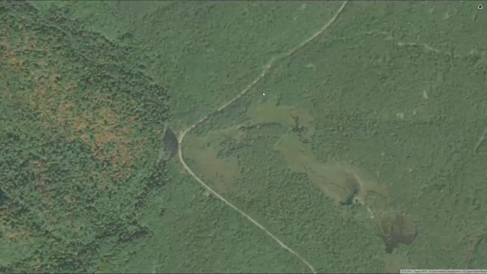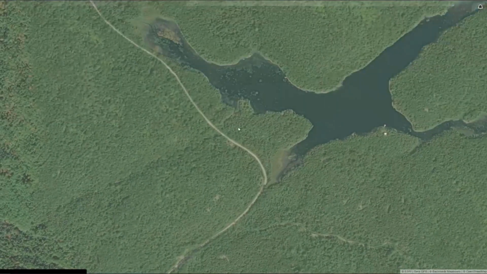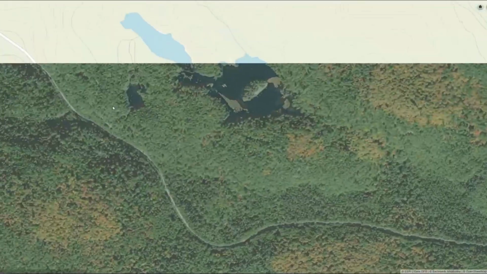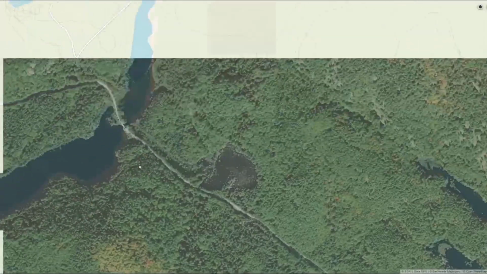It looks a little bit marshy. I would not set up there. More cottages. Yeah, the more you just cycle through